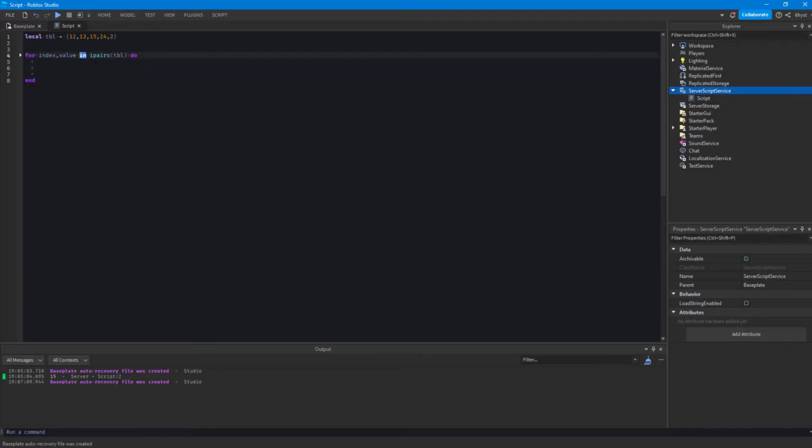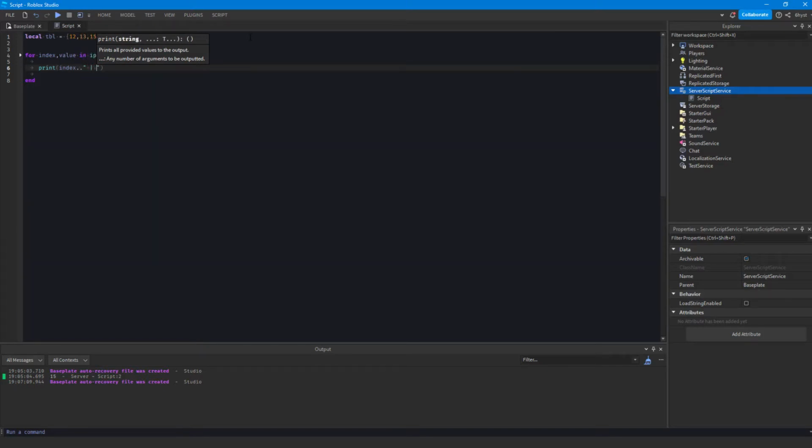And then we do ipairs, and ipairs is just a function that Lua has for helping us loop through tables basically. And then we put do, and inside here would be whatever we want to do. So this for loop will iterate over the entire table, so it will last for as long as the table's length, right? An index will be the current index inside the table, and then value would be the current value. So if we want to print